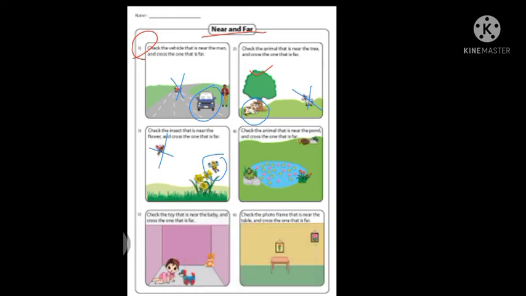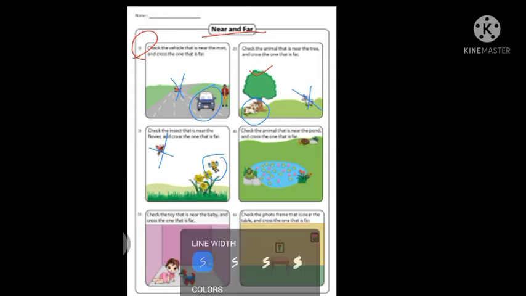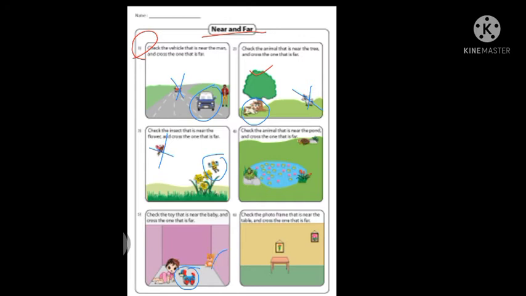Now students, next one, here the baby is there and the baby has 2 toys. Now we have to circle the toy which is nearer to this baby. ये baby के जो नज़दीक nearer जो toy है उसको circle करना है, and cross out the toy which is farther from the baby, right? So you can see this toy is very close to the baby, है ना, ये वाला बहुत ही नज़दीक है, and this toy is farther, so we have to cross out it. Is that clear to everyone?